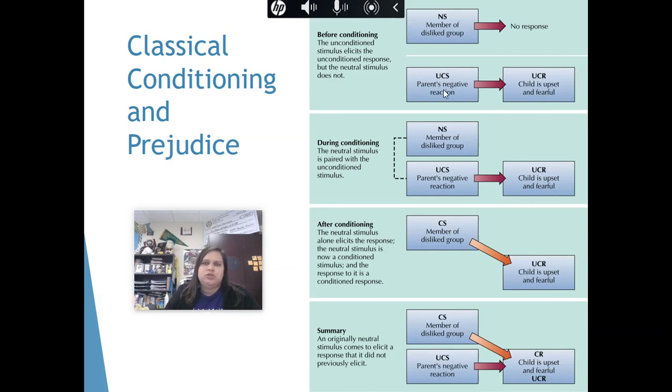We'll call the parents circle people. So the child sees a triangle person, the circle parent gets angry, the child is scared of the angry parent. Child sees triangle people, parent is angry, child is scared of the parent's anger. So after conditioning, eventually the child sees the triangle person and they become fearful and upset, even without the presence of the parent's anger. So there are other ways prejudice is learned, but this is how it could happen through conditioning. So that's why setting the example of the parent makes such a big difference there.